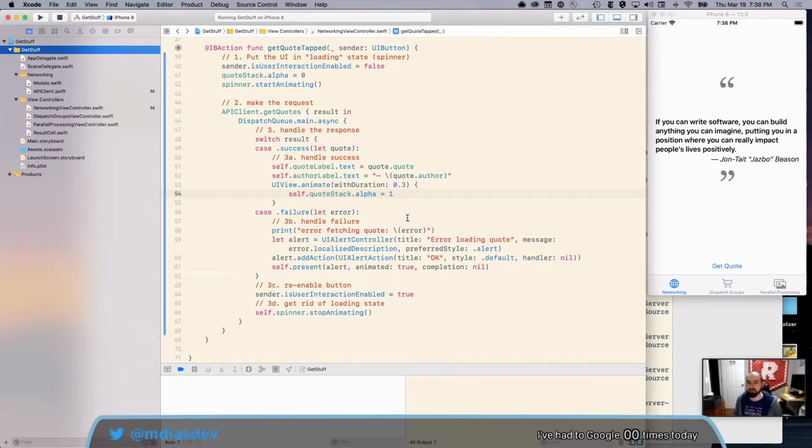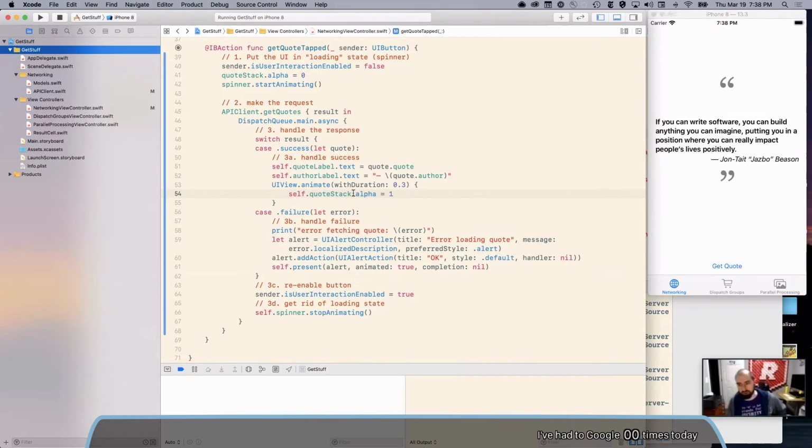And that's a little tricky to deal with, sort of wrapping your head around how do I structure this code? Do I call the first network request, and then when that comes back, then I call the second one? If not, how do I do something when both of them finish? It's not immediately obvious. And we're gonna do that.